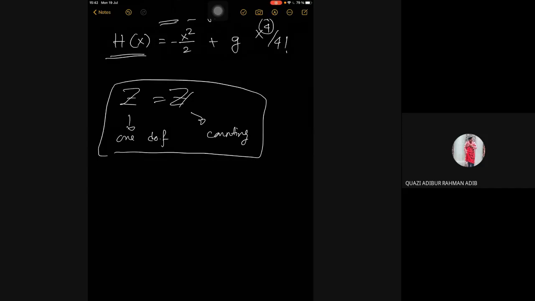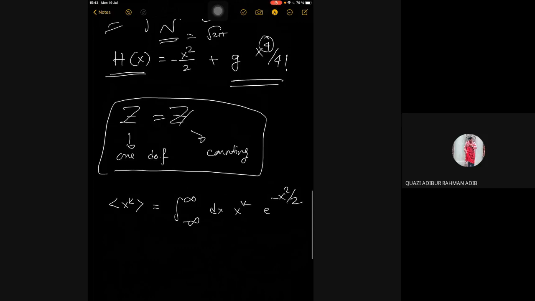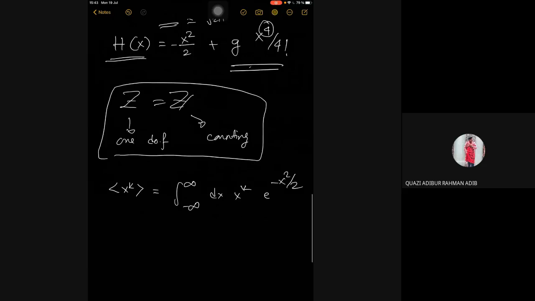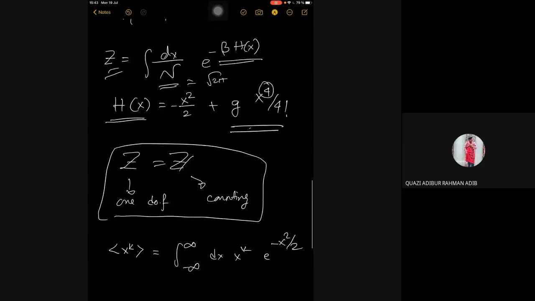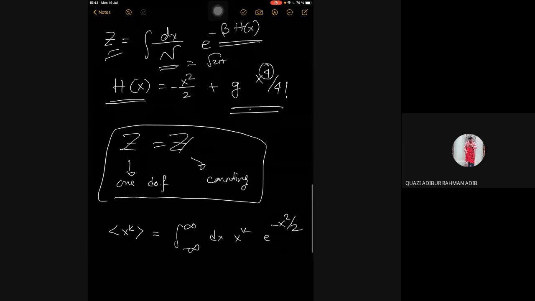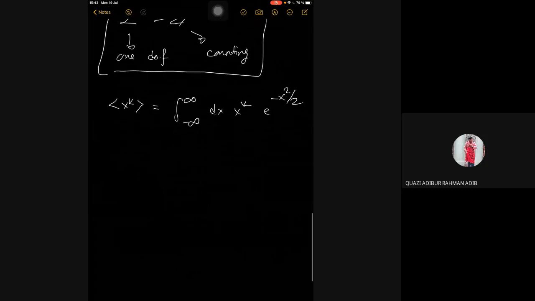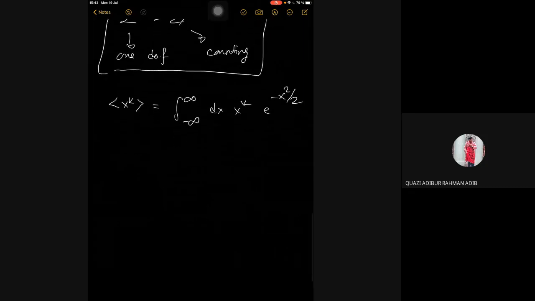So we learned about correlation functions or expectation values, which look like this, x^k. That is, if you expand this g, you will have different powers of x coming down. If you expand this exponential, you'll have different powers of g coming down, and these count the vertices. As you know, the powers of g count the vertices. So all these things, and we saw that